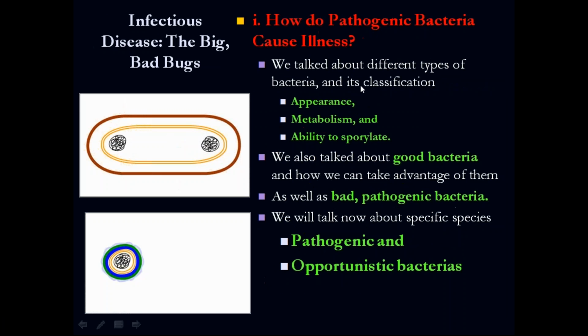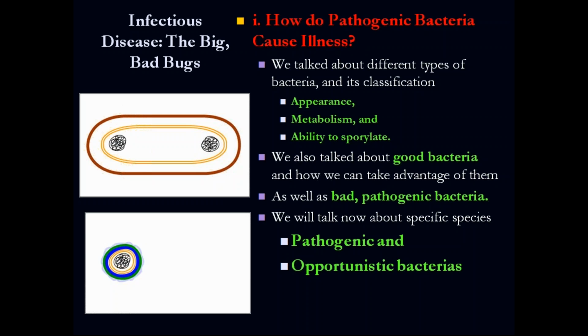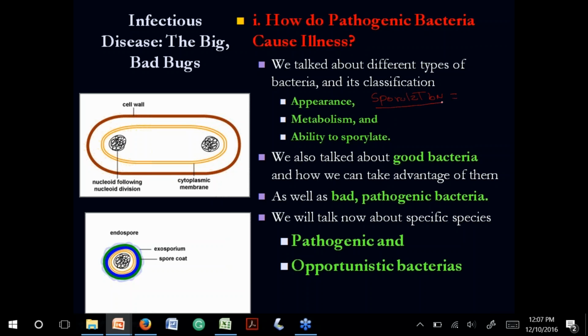Okay, by the way, we need to talk about sporulation. Sporulation refers to bacteria that, when they find a bad environment, in addition to some capsule, are going to surround themselves like this. So they are going to be isolated.